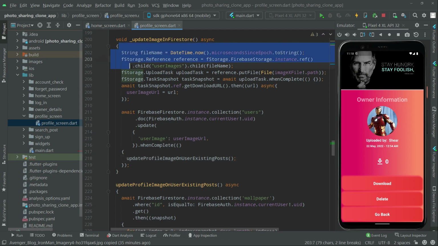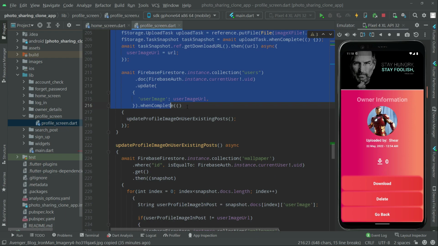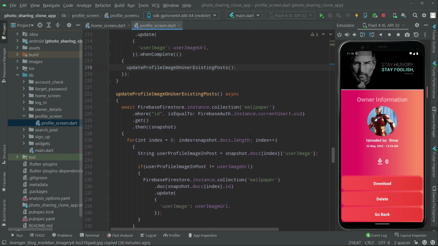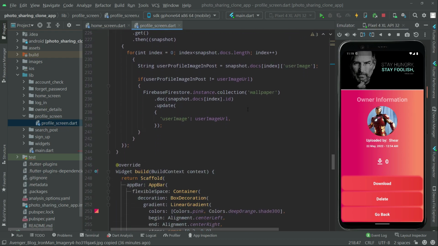And I explained this method in detail before, okay? This will simply get the new URL, okay, and will store right inside the user image. And that's why we call upon that method right in there, okay? Whenever it's complete, we will call upon that. And now we will simply